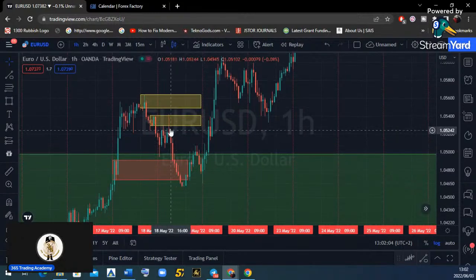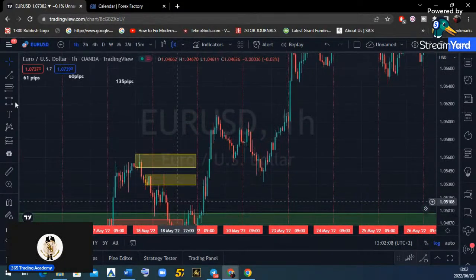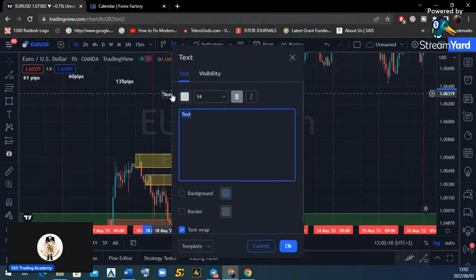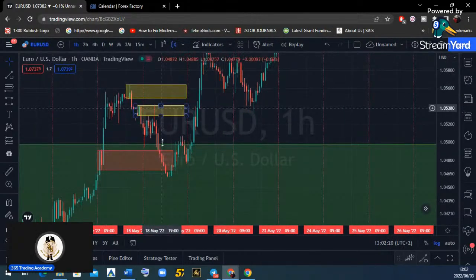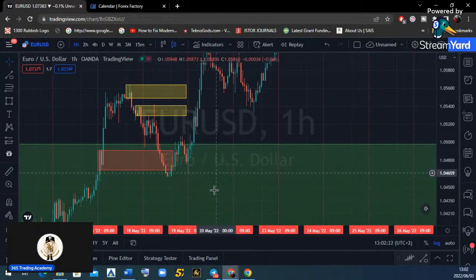All right, and we know this is happening because the dollar on the other side is having the time of its life, right? So we say 67, 66 pips. I don't remember, but I'm just going to wrap it up to something like that, and then keep it pushing, right? So we've got a supply upon a supply here, and then markets find a low. When markets find this low, if you look very carefully,